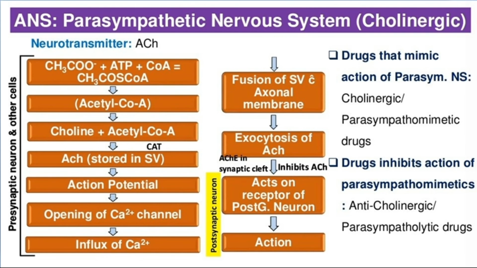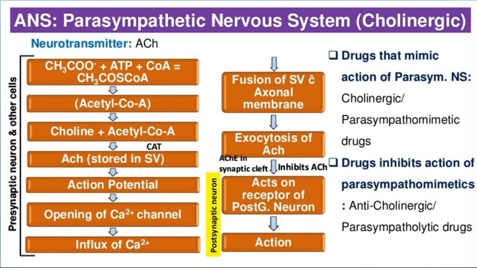The neurotransmitter is acetylcholine. Acetyl coenzyme A is formed, then acetyl coenzyme A binds with choline, which leads to formation of acetylcholine. This acetylcholine is stored in synaptic vesicles, then action potential generation leads to the opening of calcium 2 plus channels in the presynaptic neuron. It leads to the influx of calcium 2 plus, then the fusion of synaptic vesicles which contain the acetylcholine with